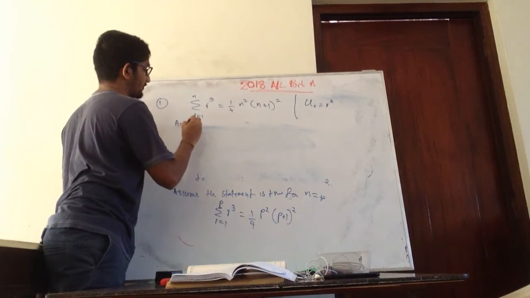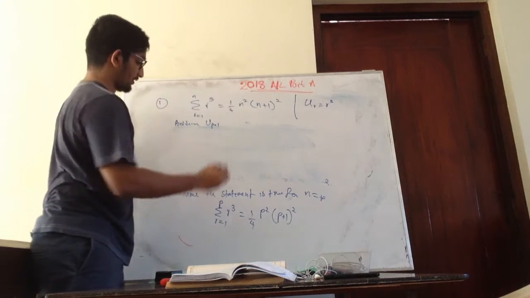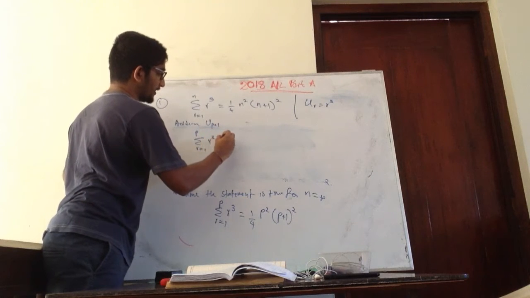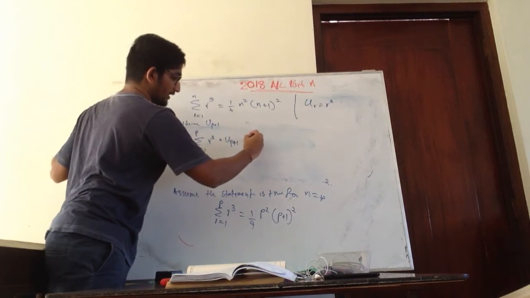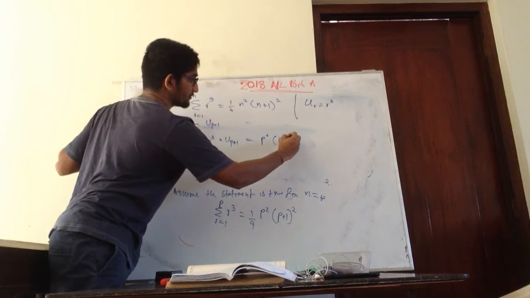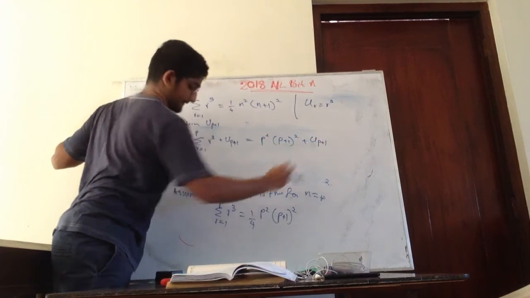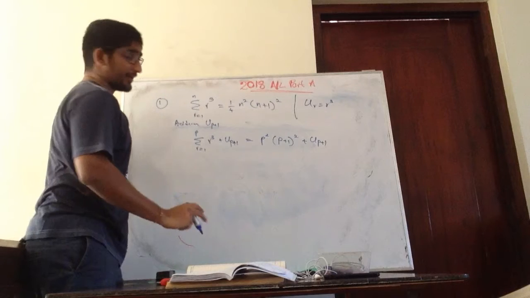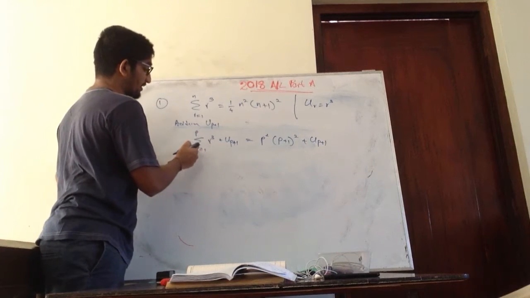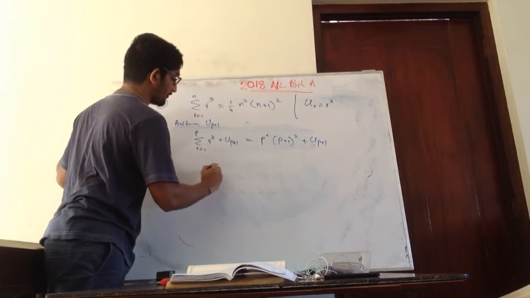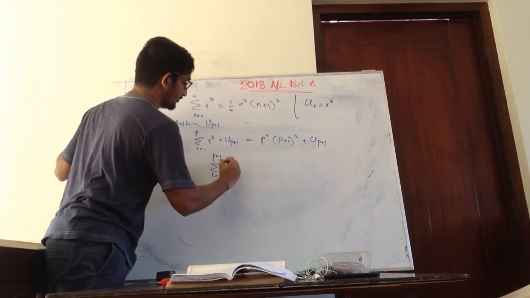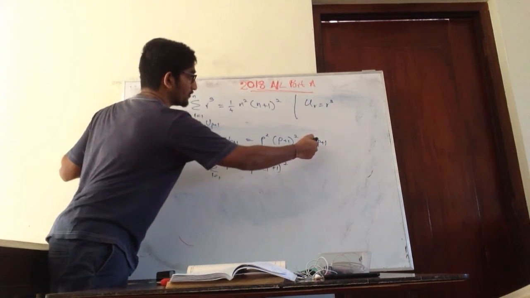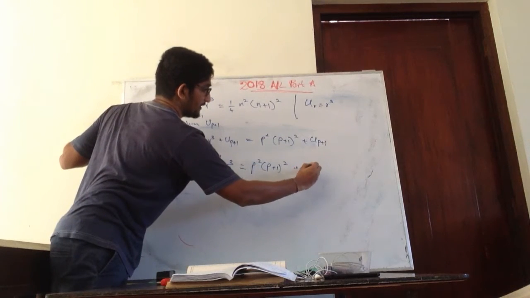So adding the (p plus 1)th term, we will get the sum of r cubed plus the (p plus 1)th term equals 1 over 4 p squared (p plus 1) squared plus the (p plus 1)th term. Right. So then the left side will become the sum from r equals 1 to p plus 1. On the right, we have p squared (p plus 1) squared over 4. So what is the (p plus 1)th term? That means (p plus 1) cubed.